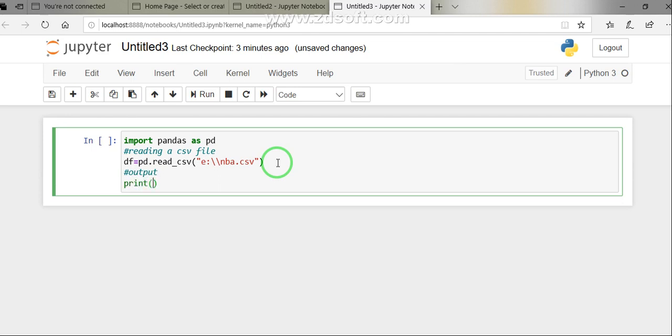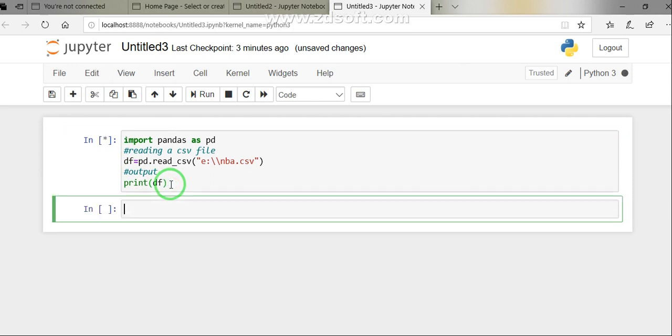Use the print function df. Now this df is basically that file, which has now been converted into a data frame and stored in this variable df, that is representing my data frame, and here I am going to print my data frame. Just run this one. Whenever, students, you find a star here, what does star mean? Star means that the file is being processed. It will take a bit of time.